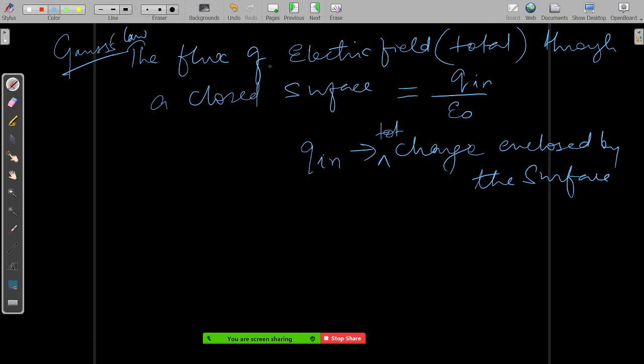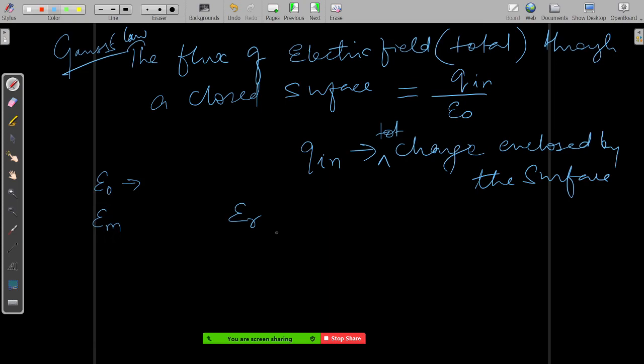Epsilon naught is the permittivity of free space, right? In vacuum, that is the permittivity of free space only. If they give some medium, then see, epsilon naught is the permittivity of free space. They will give you epsilon m, the permittivity of that medium. So instead of epsilon naught, you are going to put epsilon m. That's it. If there is one more term they basically give, they give relative permittivity.